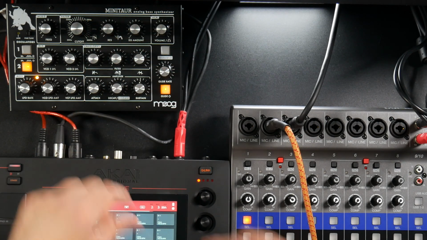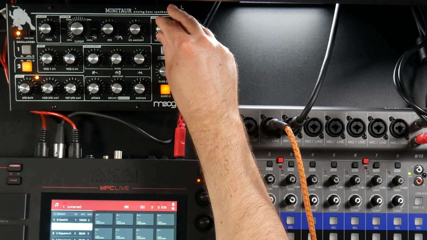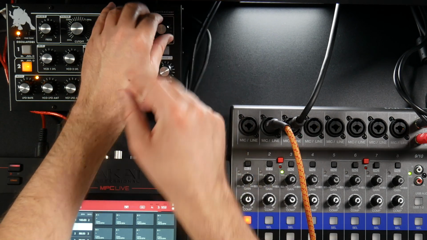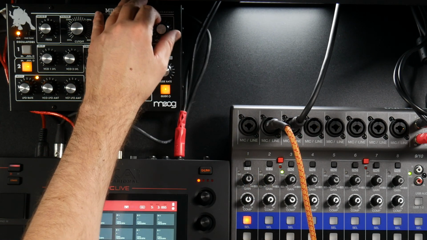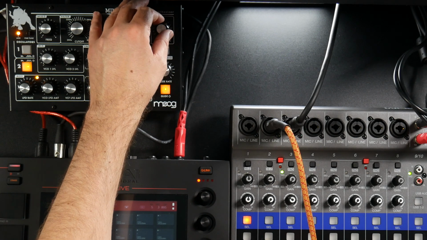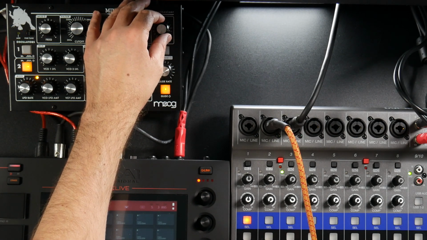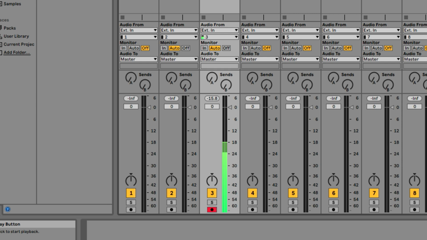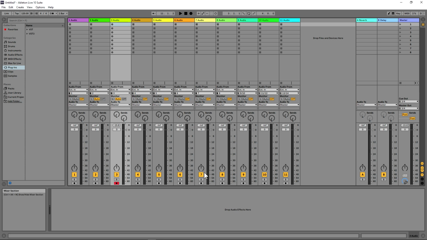All right, and then what I'm going to do is just slowly turn this up until within Ableton we get -18, which will probably still be 18 right here. All right, so around right there is good. It's going to give us a nice strong signal into Ableton to record. So our bass is set up, and then we need to go ahead and set our levels for